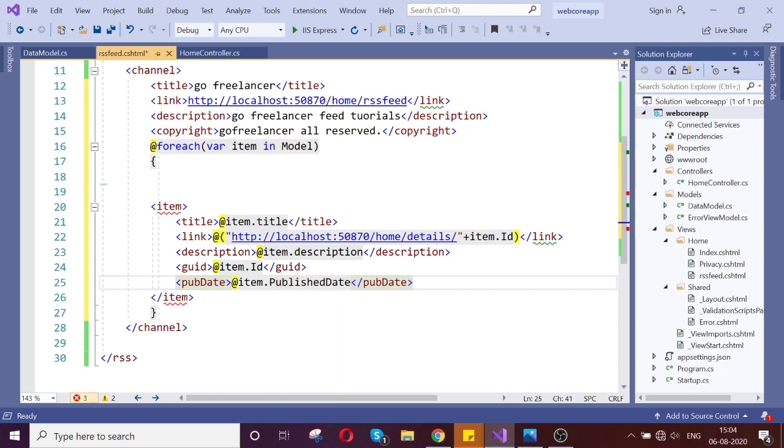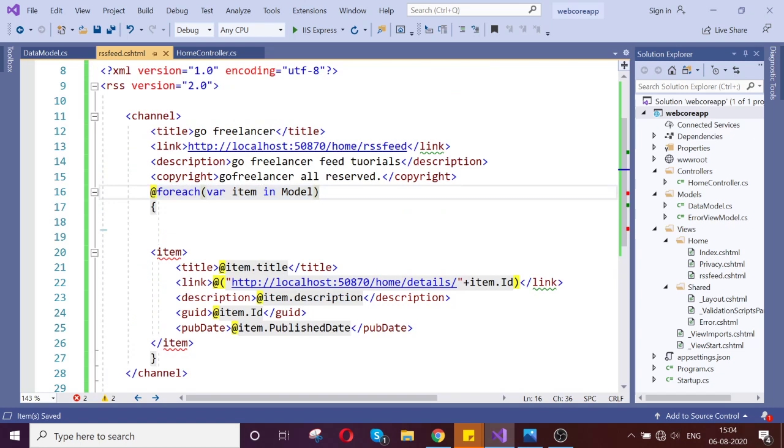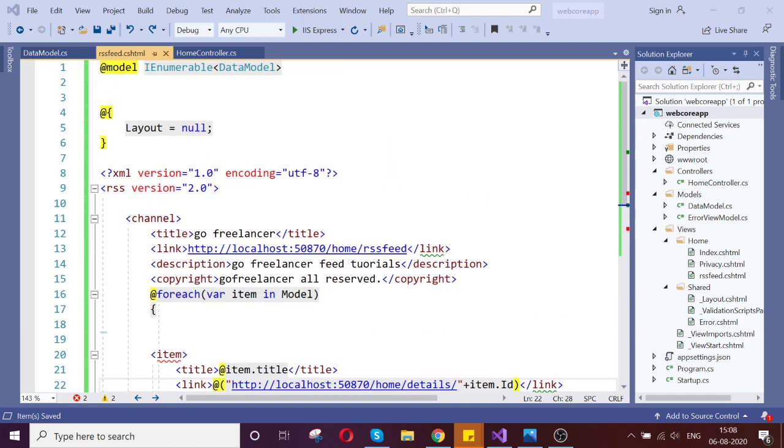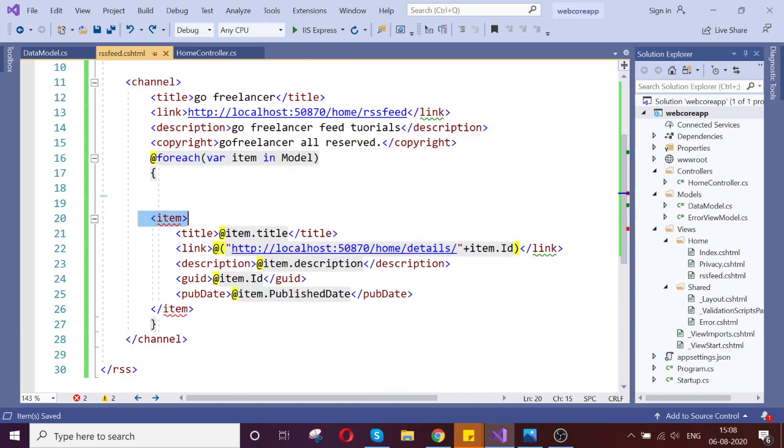Cool. So all fine. One thing is that we are getting an error because it's not an HTML tag.